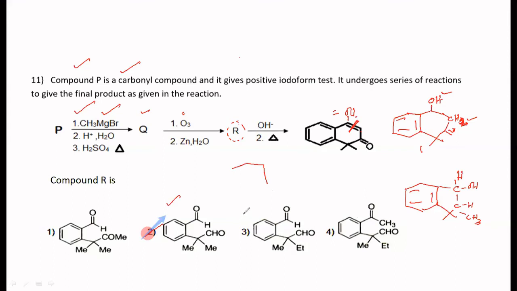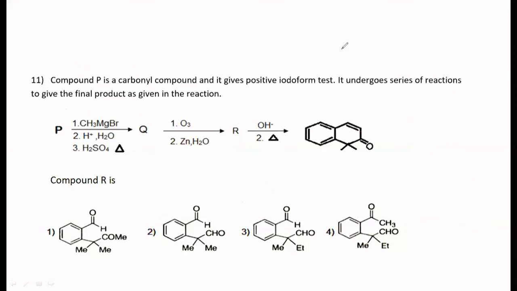Find out. You think and find out. I will leave it for you. If you cannot, I'll tell you in the next session. The carbonyl compound P that I am asking, which is not given here, you find out. I told you how to do that. So we shall leave it for you and then move on to the next one. All of you try that. Find out what is P.